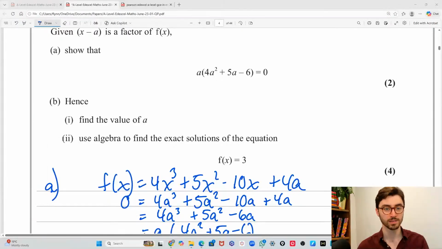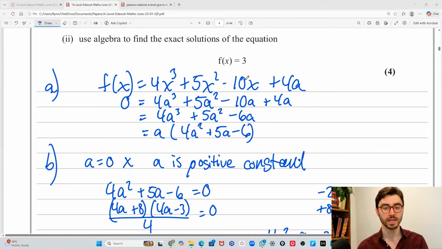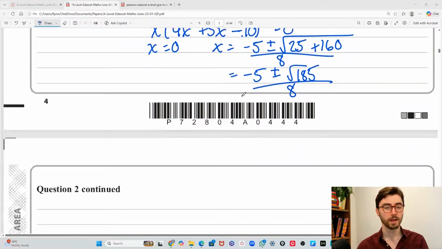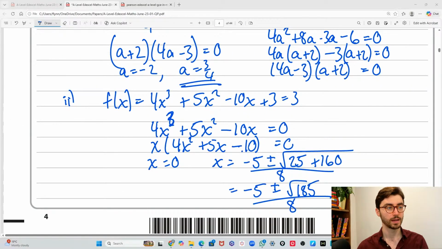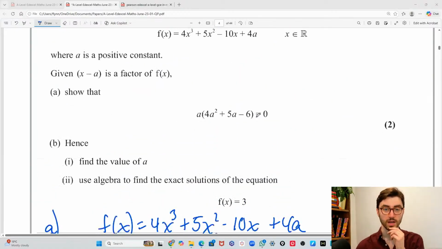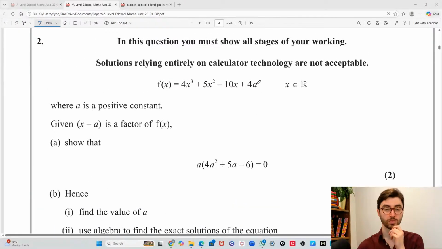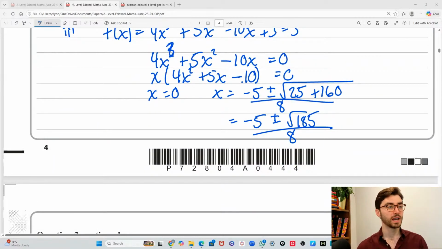Great, that is a correct answer. Use algebra to find the exact solutions of this thing equaling 3. Well, I'm just going to type them in. Also, if a is 3/4, then 3/4 of 4 is 3. So I'll make that a plus 3. So I'll type in